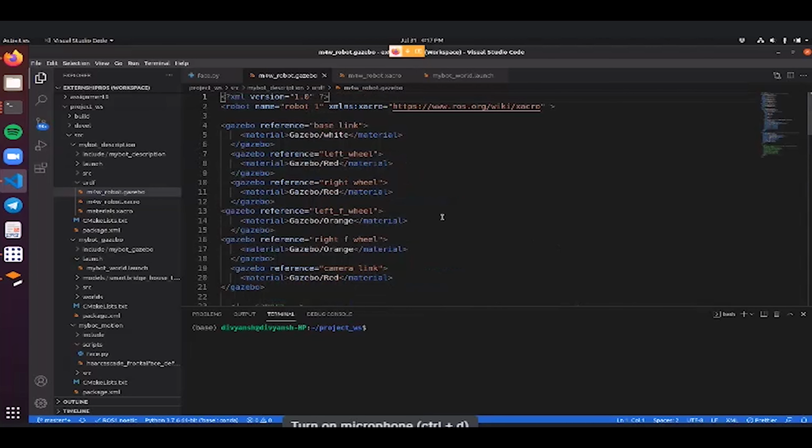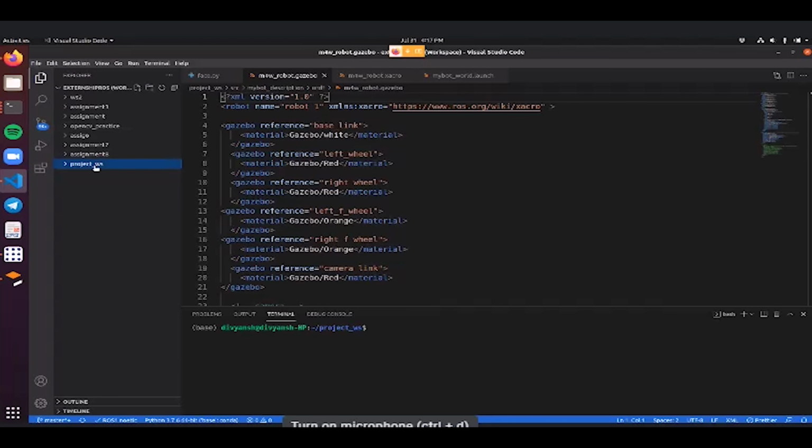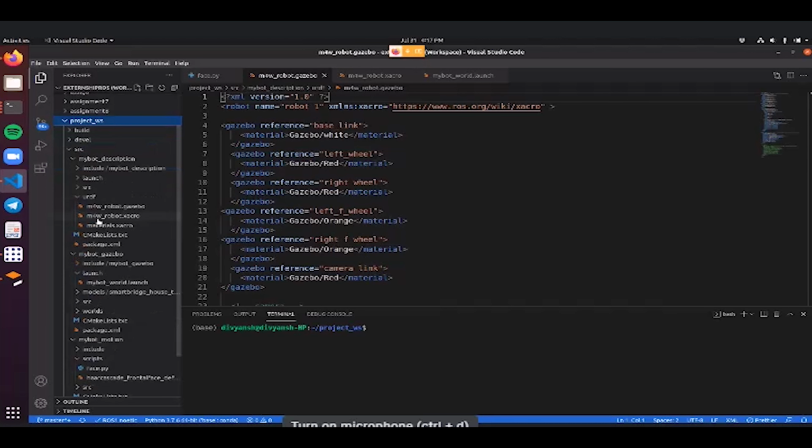Firstly, we created a workspace for our project by the name of project_work_ws, which represents the workspace.